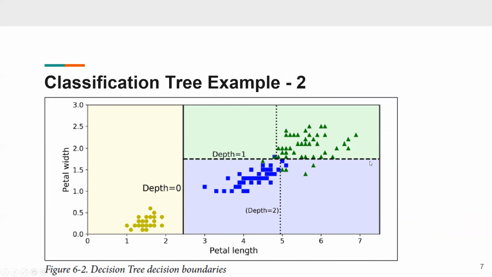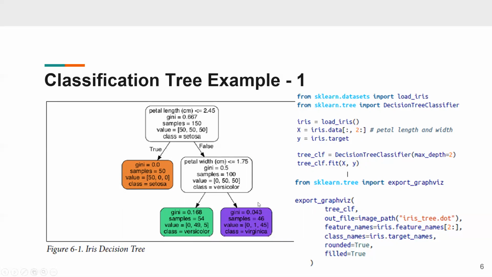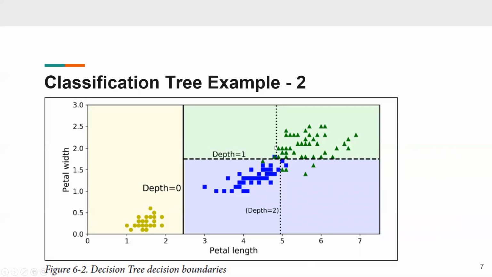So the second, this is really that split. In depth 1, you did this split based on petal width, so that you would be able to differentiate between this part and this part. This part and that part would be this, and that. Of course, if you continue with one more, you would be able to,